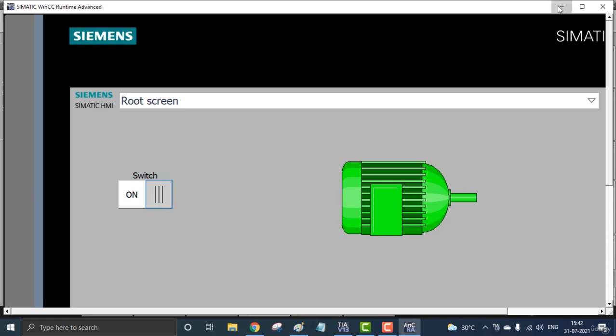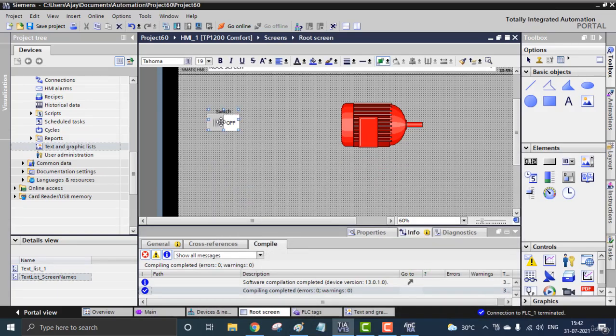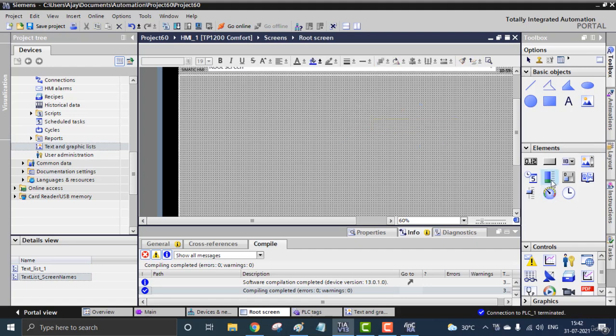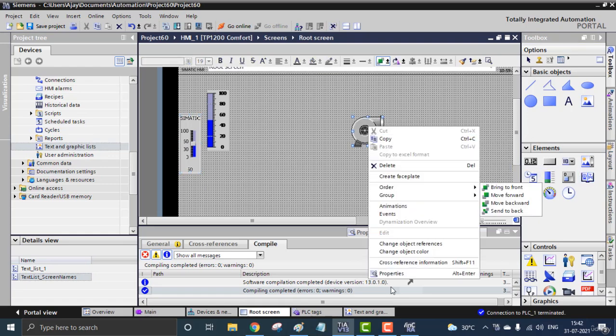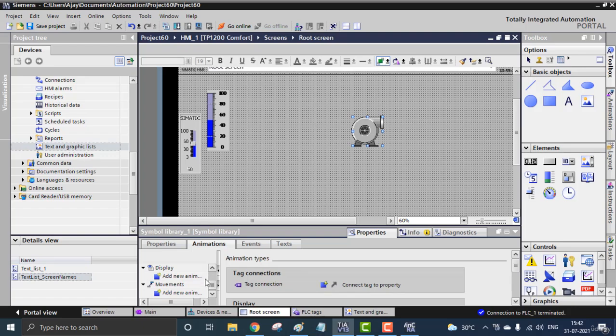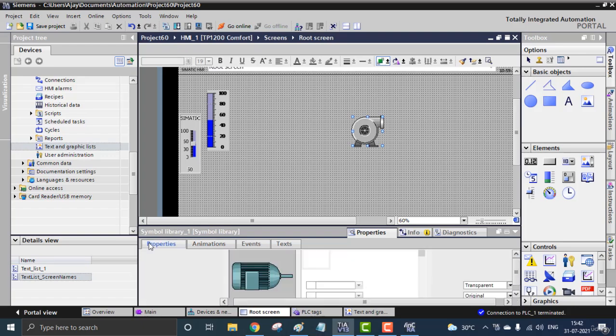Now we are not going for the color change, we are going for the filling. For filling, we have to place a bar graph. We already went through the filling. A bar graph element is mandatory for the filling, and also a slider. So here is a slider and a bar graph, and I am going to insert one simple factory element. That could be a tank. Tanks are what we use for filling.